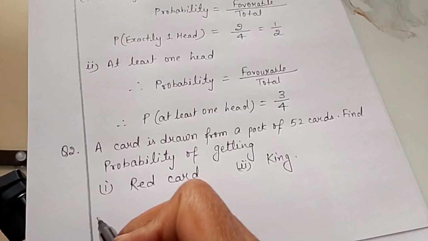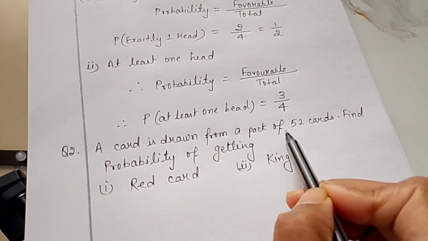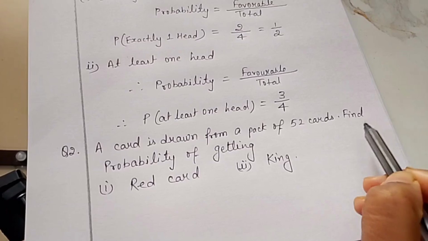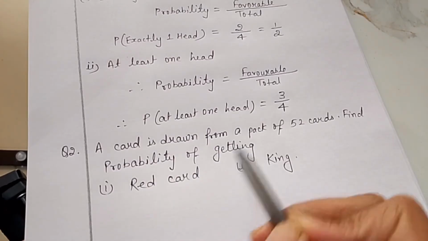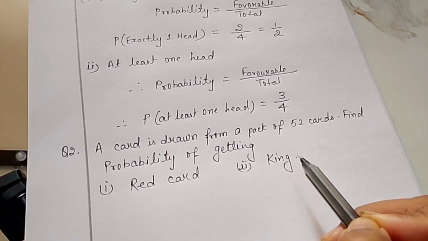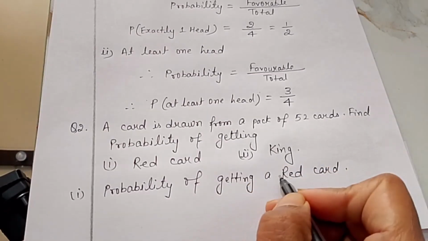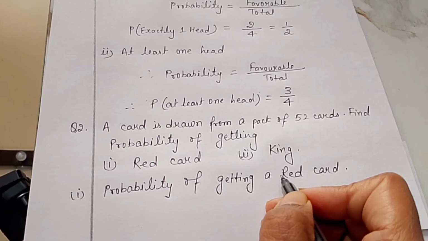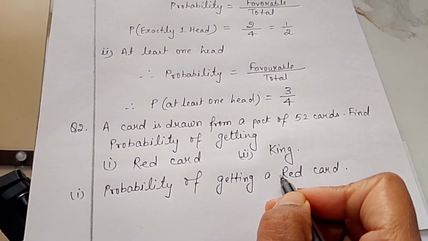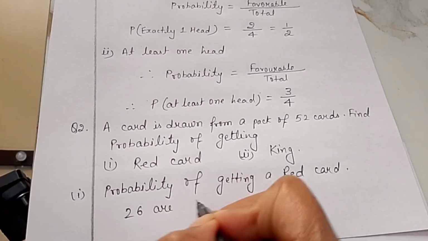Question number 2. A card is drawn from a pack of 52 cards. Find the probability of getting: first, a red card; second, a king. Part 1. Probability of getting a red card. They are split exactly in half. 26 are red,